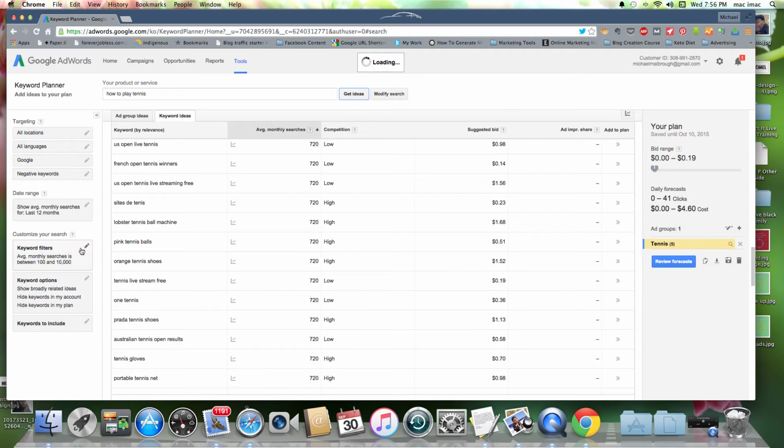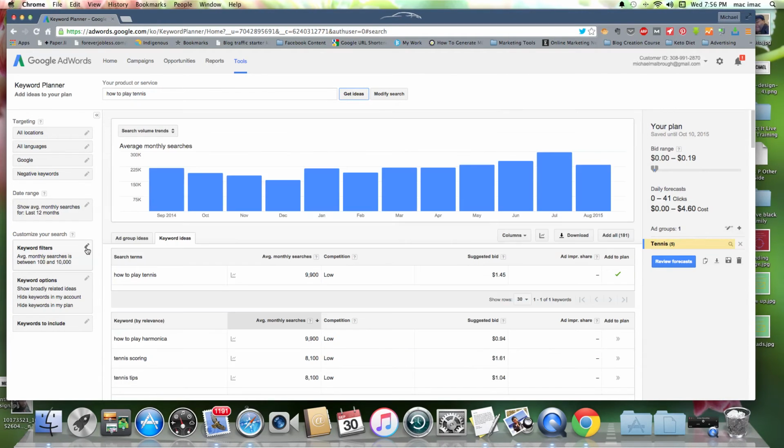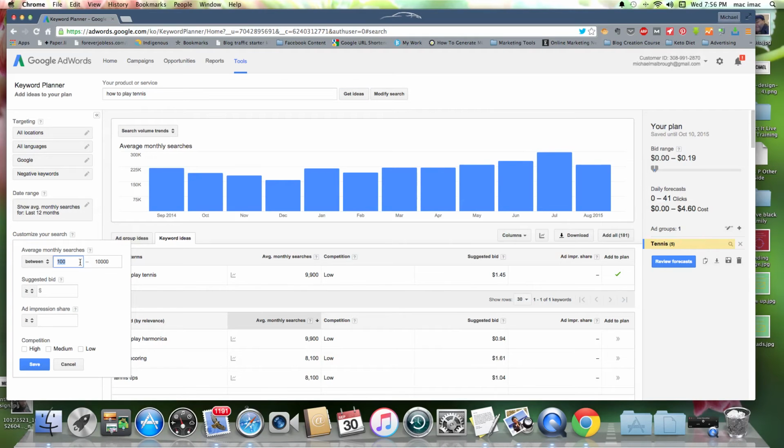Now, here's also a little trick that I'm going to do. This is the fancy stuff, so don't get confused. What we're going to do is take off these filters right here. First, we're going to take those off. And then,